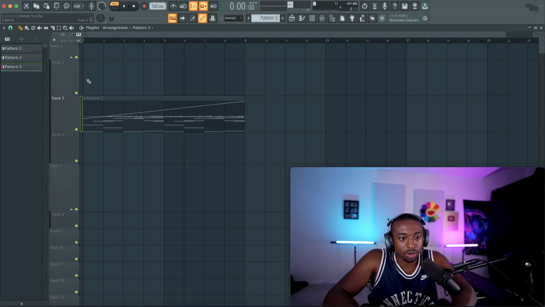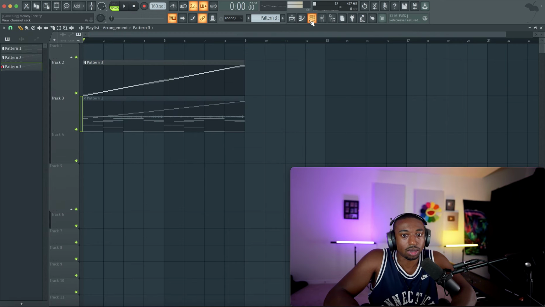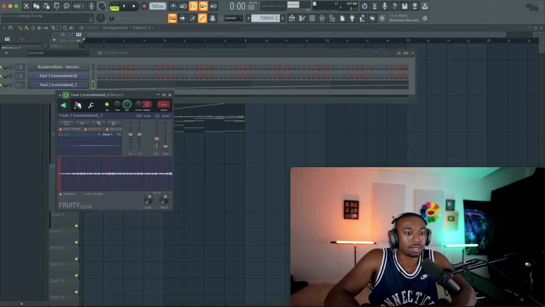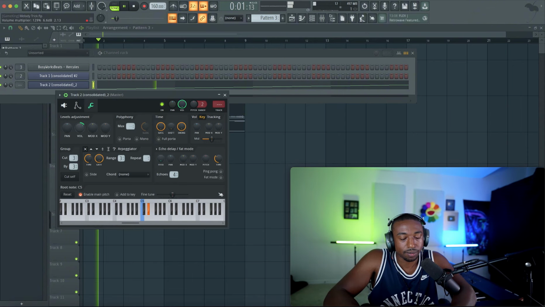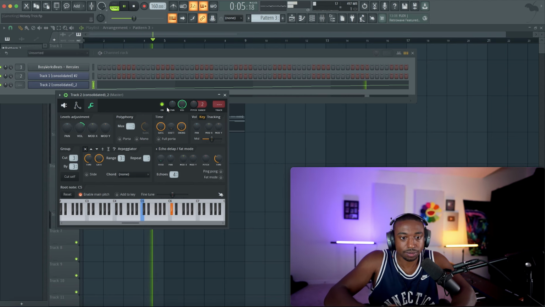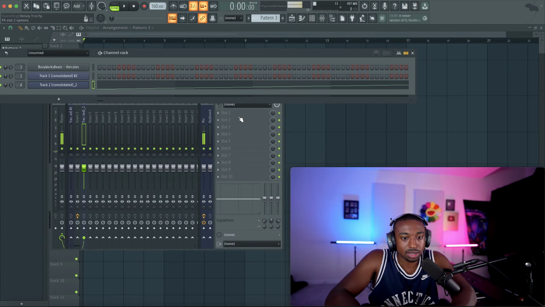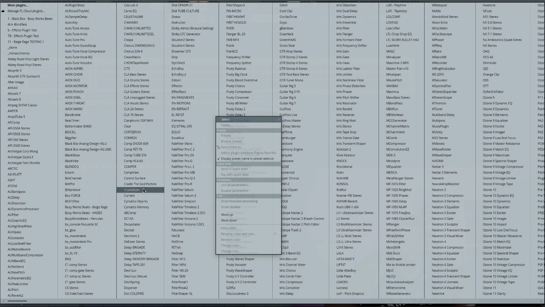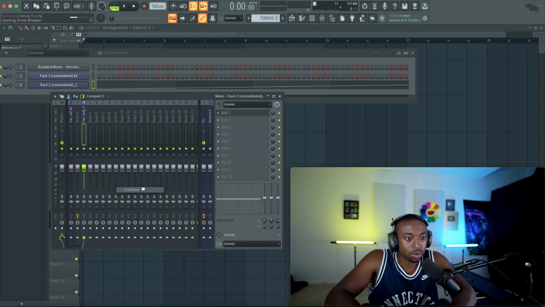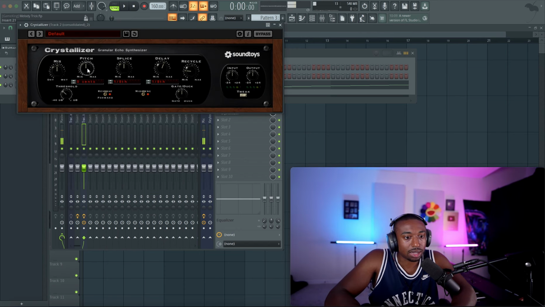So now we have the reverse reverb and we have the original melody stack and it's sliced. So this is how you combine the two. So now it has a texture. Again, if you want to level this up, hopefully this doesn't crash FL, but Crystallizer is a great plugin from Sound Toys. And also there's a plugin called Valhalla Shimmer that's really good. So let's combine these two.